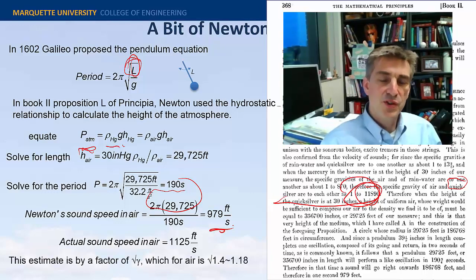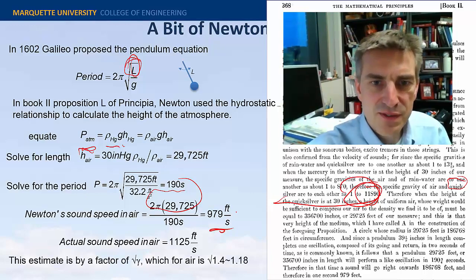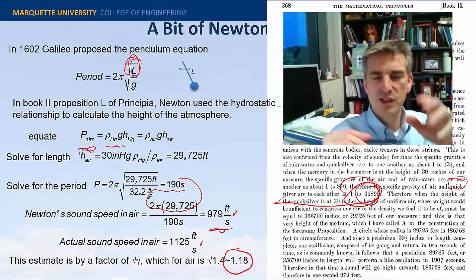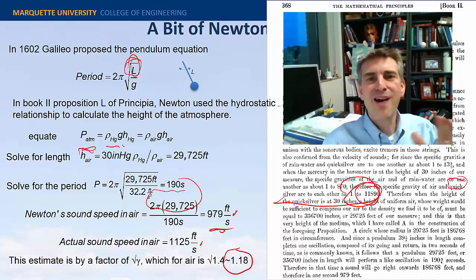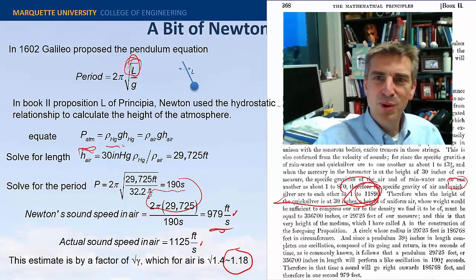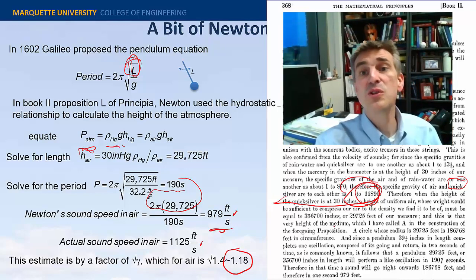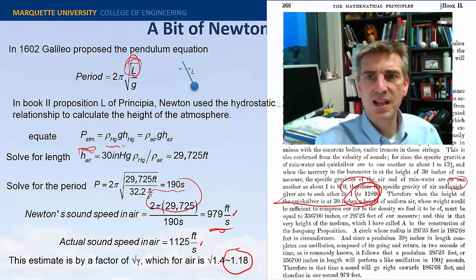All right. So interestingly enough, this factor is off of that factor by about this 18%. It's really about 15%. And it bothered Newton. And so this book here, this is actually the second edition. Newton had 2 editions of this. This is Principia, by the way, that you're looking at here.